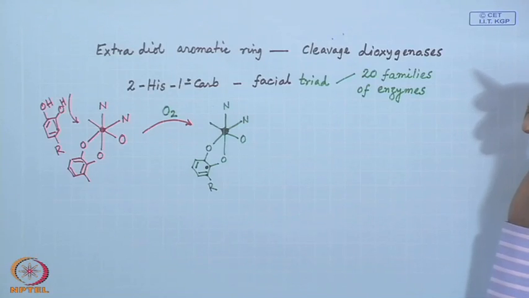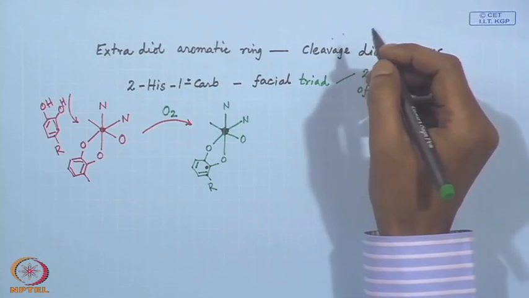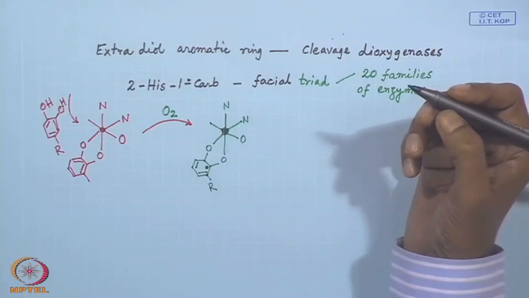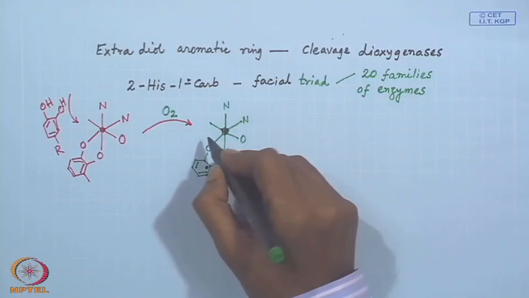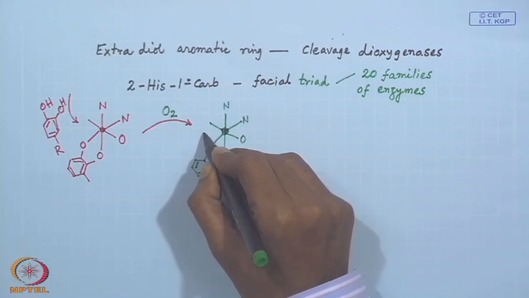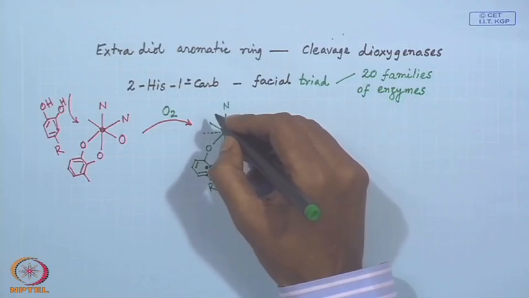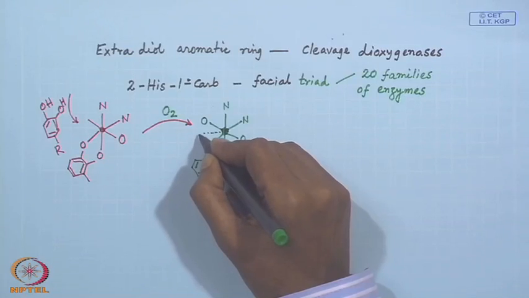We know that there are 2 other forms when we go through the catechol redox process. The first one is the semiquinone and the second one is the quinone form. So, the single electron oxidized form is coming into the picture, and you have the binding of this dioxygen. So, dioxygen is simply bound over here,